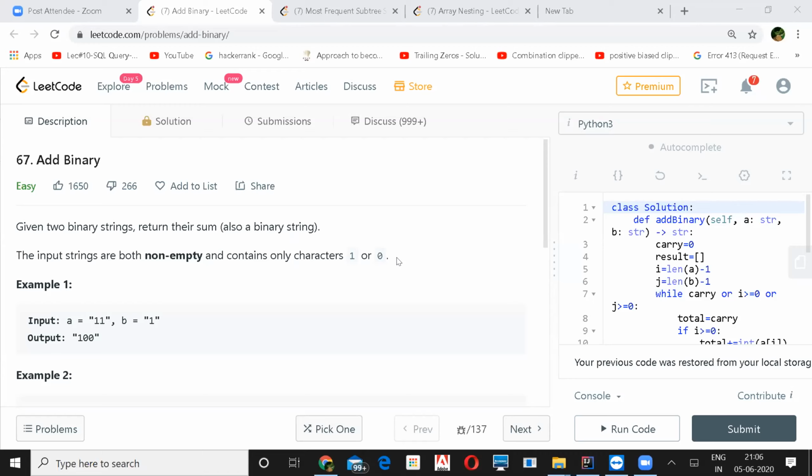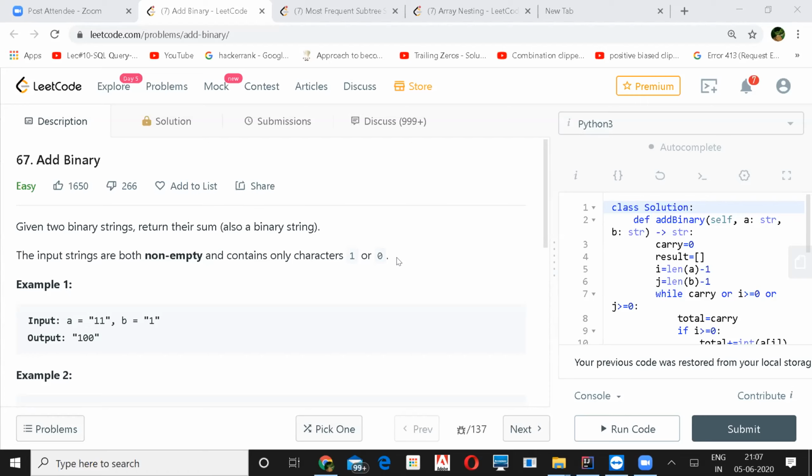I think Java can take a library function to do that, right? Yeah, in Python we have one, in Java also there might be. But if there is no function, it is still doable. But you'll be doing extra traversing of the string. So you have to traverse both the strings, convert to numbers, add them, and again convert the number to binary with a simple function.